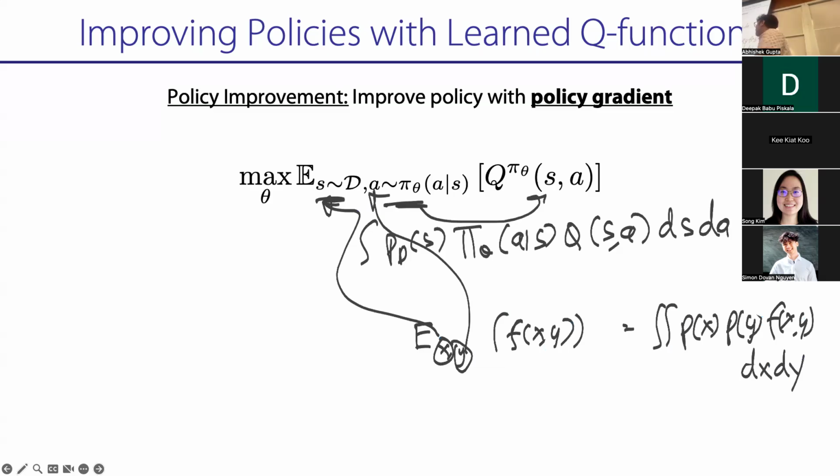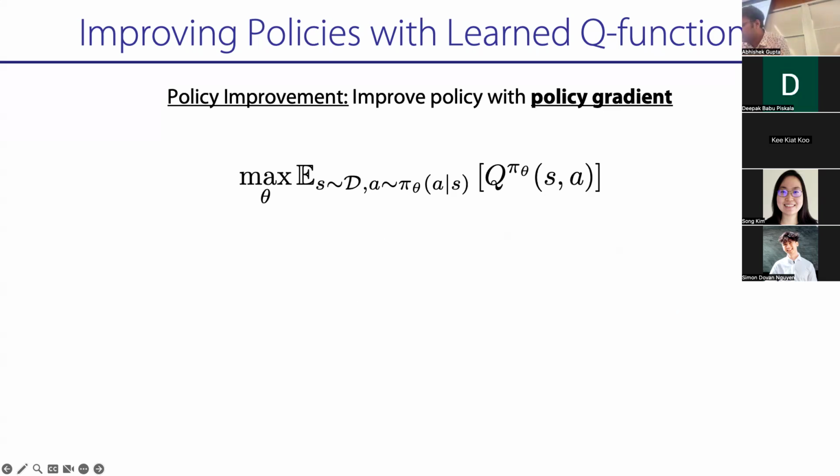Right? So you can kind of think of it as you're sampling states, you're sampling actions, you're sticking them into the Q function. That's it. And for now, just ignore this thing for a second. Just think of this as you're sampling states, you're sampling actions, then you have something that scores those actions, and you're going to put the likelihood where the score is the highest. That's it. So what it looks like is one-step policy gradient, right?